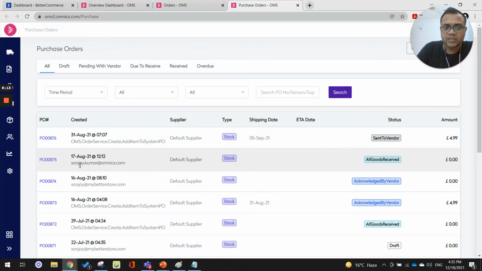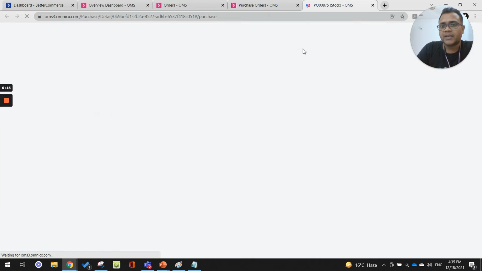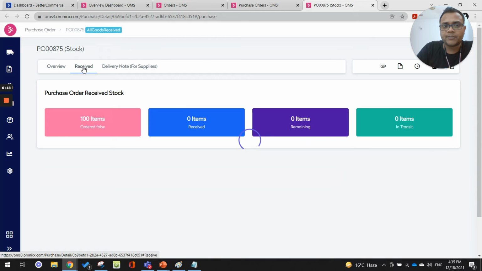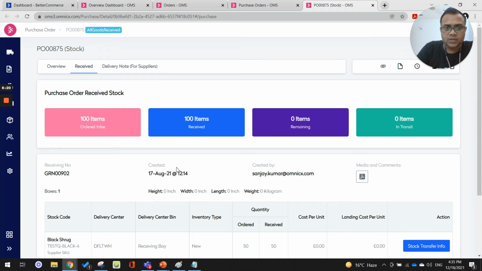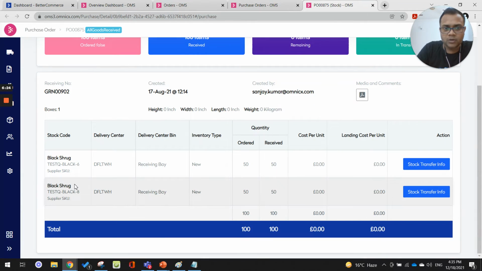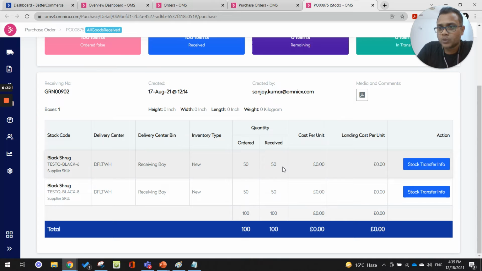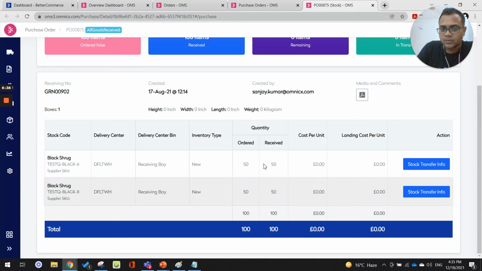Once you have received the goods, you can simply go and do the GRN by clicking on a receive button that you can find right here. This PO has already been GRN'd. So you click on receive, you get all the items that you had ordered pre-populated there, and you get an option to select the receive quantity. If you had ordered 50, you will count the items that you have received. You will put that count, 49, 51 or 50. And once you have done that, you will simply click on save and the GRN is done and inventory gets